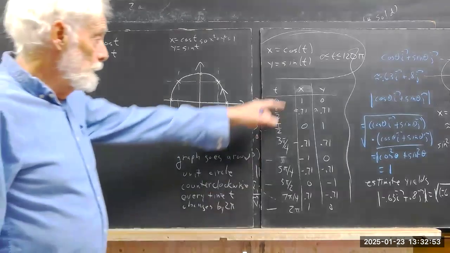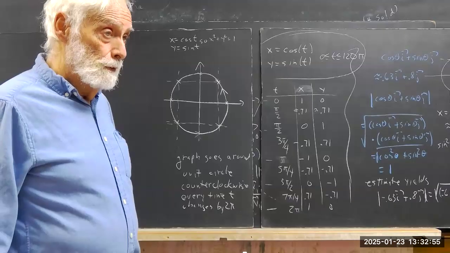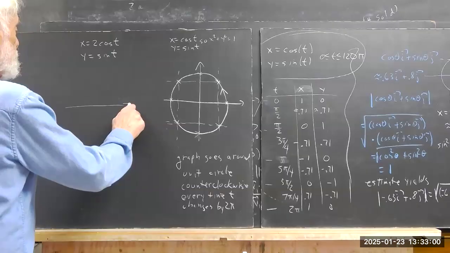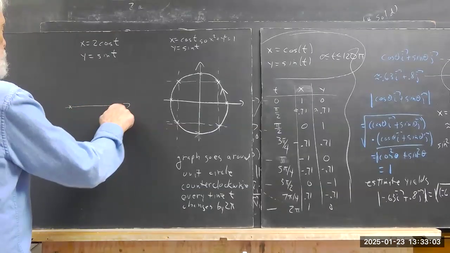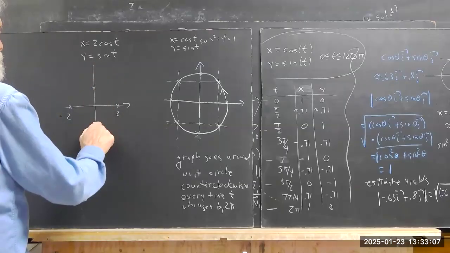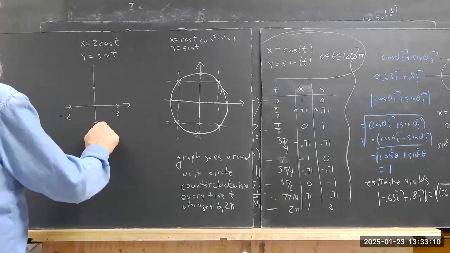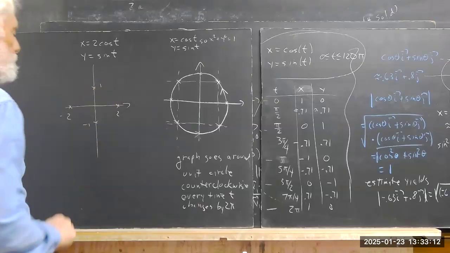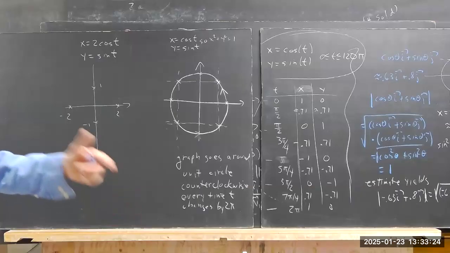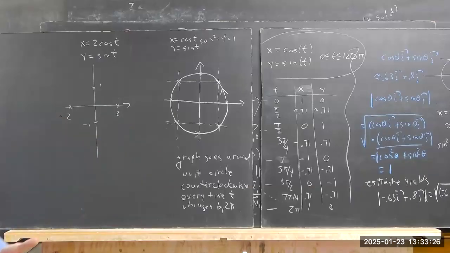Well, you could change the table. You could double all the x's, right? That should be pretty obvious what happens is your x's are going to go from -2 to 2, and your y's are going to go still from -1 to 1, right? So what you're going to get is an ellipse. The easiest way to draw the graph of an ellipse, if you just want to do the shape of the ellipse and you know the major and minor axes,